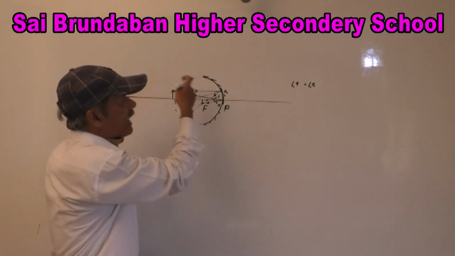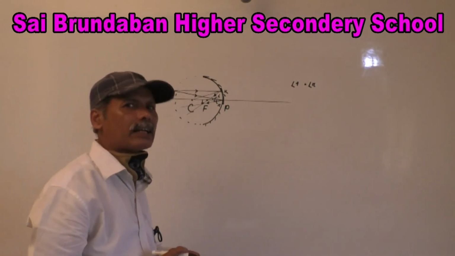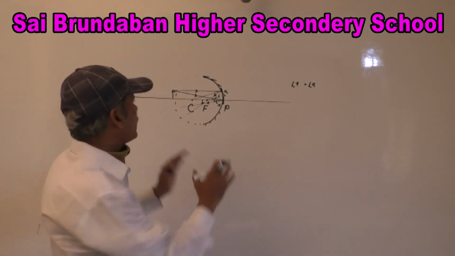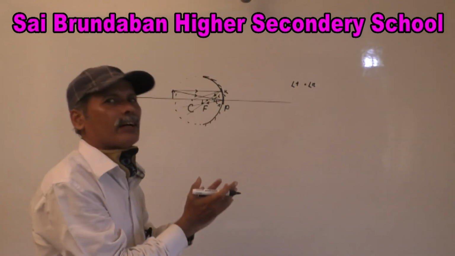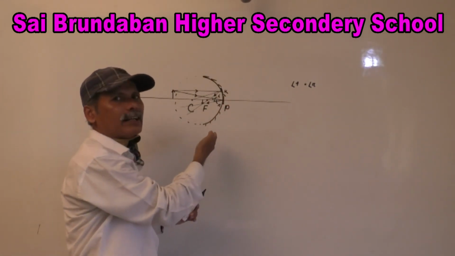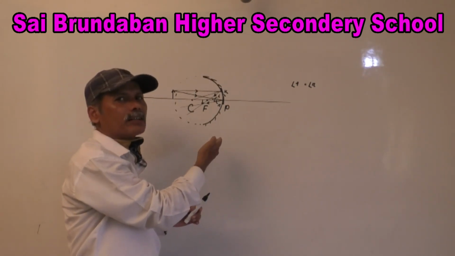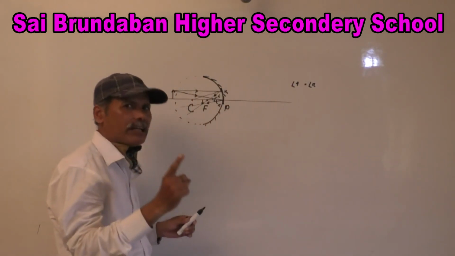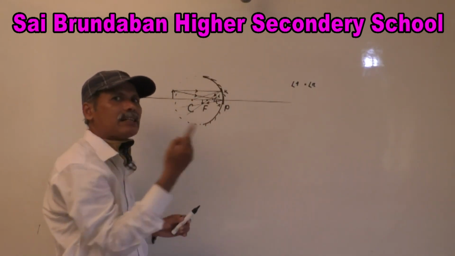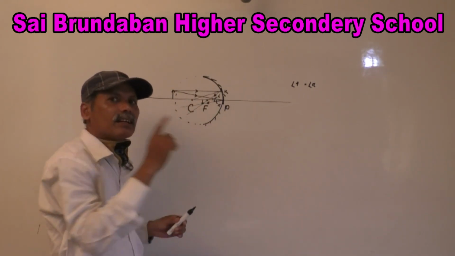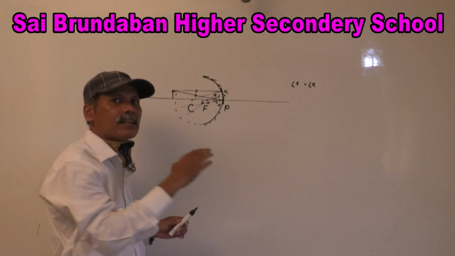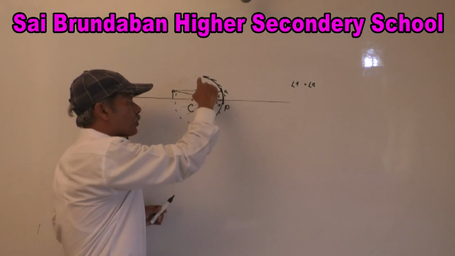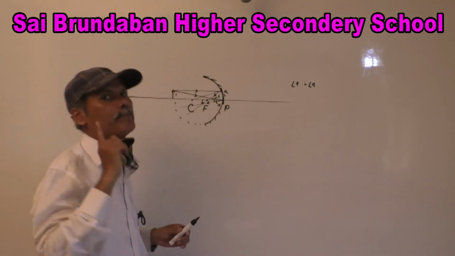But in 2 dimensions, it appears like a circle. But practically, in 3 dimensions, it is a thin glass sphere. Outside of the sphere is silver coated, which means inside is the reflecting, shining surface. Inside is the concave surface, so the mirror is said to be a concave mirror.